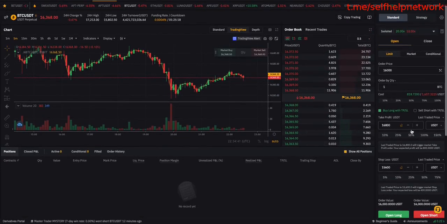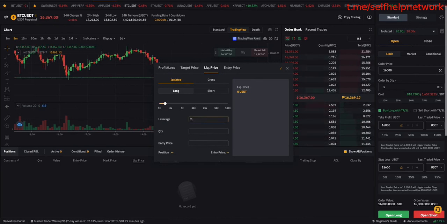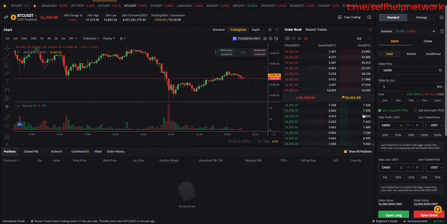But you need to also account for the fact that your liquidation price might be within range. So what you do there is get your calculator again, get your liquidation price. Remember that it's isolated. It's 20x. Your quantity is 1. Your entry price is 16. Very simple. You can see that your liquidation price will be 15,280. Your stop loss is 15.6, so that is fine. It'll hit your stop loss before your liquidation price. You can enter this trade using the correct amount of leverage.